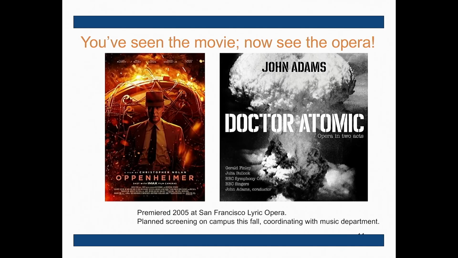So here, this idea is like, with all the attention toward the Oppenheimer movie, now we're thinking about Doctor Atomic, which is an opera. It's a 2-act opera that premiered at the San Francisco Lyric Opera, and talks about the struggles that Oppenheimer had. Here, there are also some podcasts that deal with it through speculative fiction, and being able to talk about these things